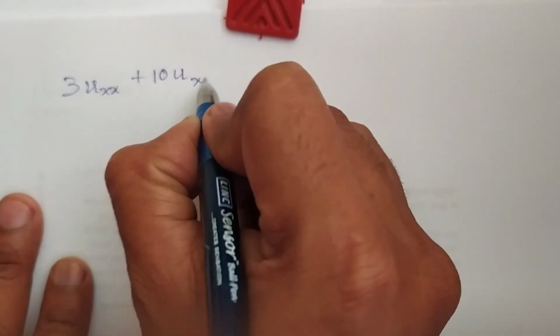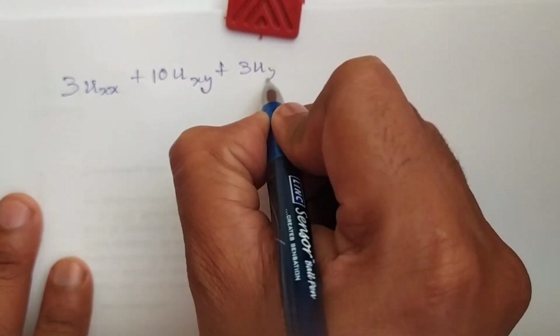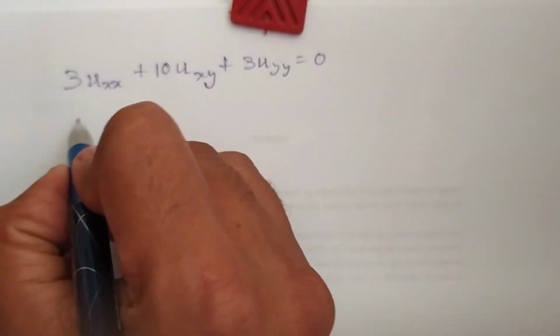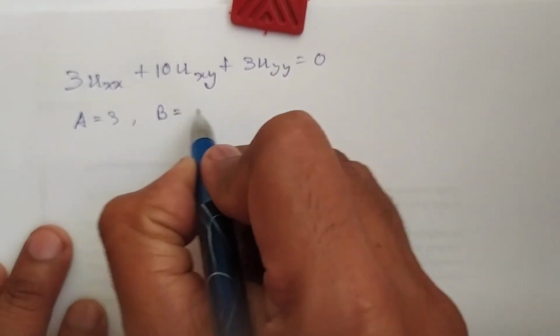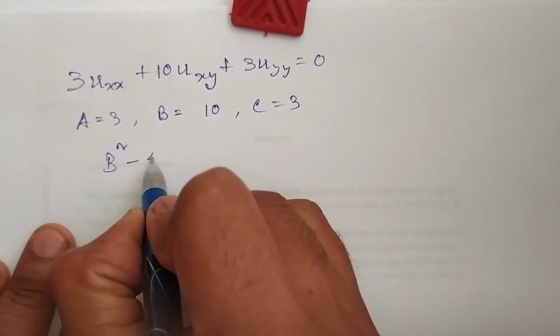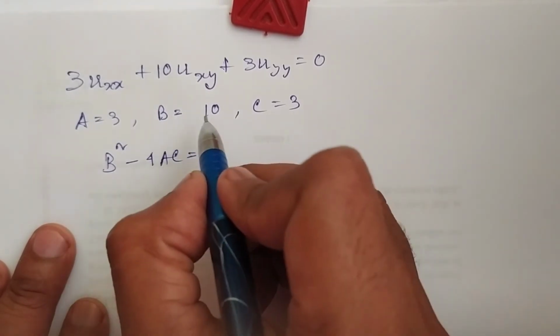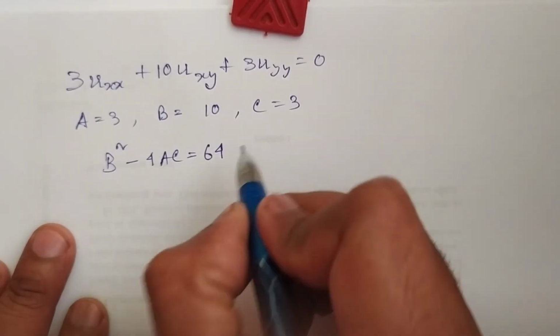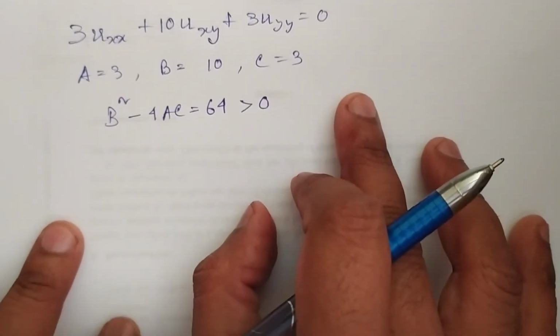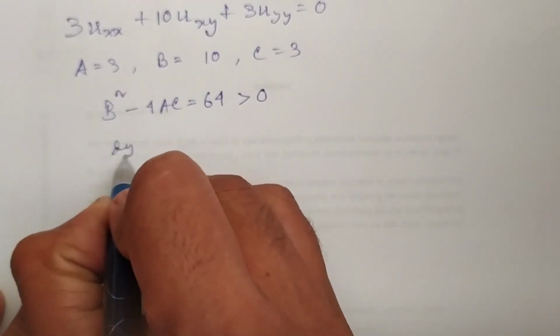We are taking one equation as, say, 3u_xx plus 10u_xy plus 3u_yy is equal to 0. So we see at first that a is equal to 3, b is equal to 10, and c is equal to 3. So b square minus 4ac is equal to 100 minus 36 is equal to 64, which is greater than 0. Hence the given equation is of hyperbolic type, and the corresponding characteristic equations will be given as